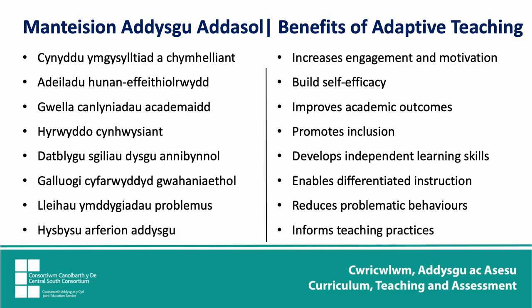The inclusion is kind of self-explanatory. The independent learning skills is from the idea of scaffolding and scaffolding being removed, and every child should experience their scaffolding being removed at some point. It may mean that they don't achieve as much. It may mean that they fail in a particular task, but experiencing the withdrawal of that scaffolding and then calibrating what the best pace for withdrawal is and what bits can be removed first, etc., is really valuable to develop their independent learning skills. It does enable naturally differentiated instruction,